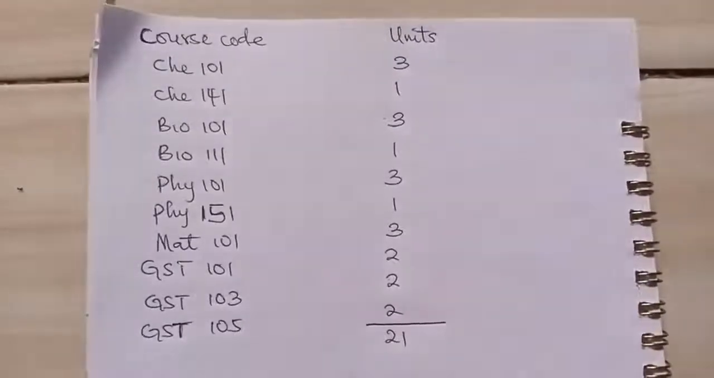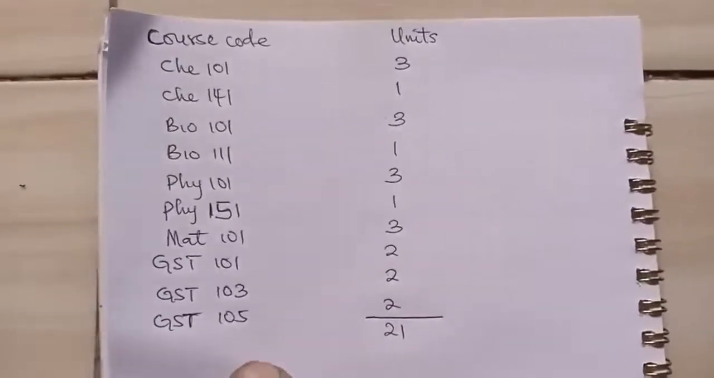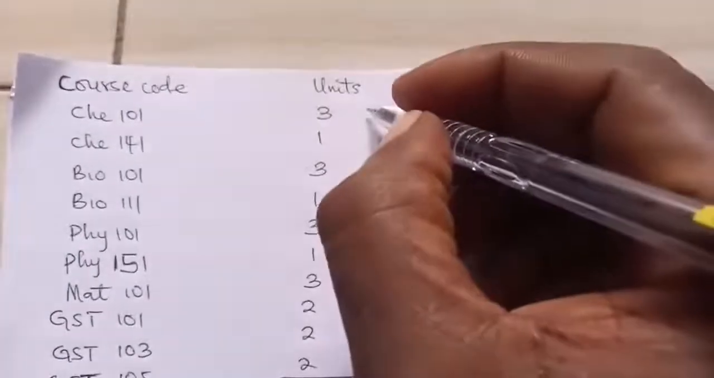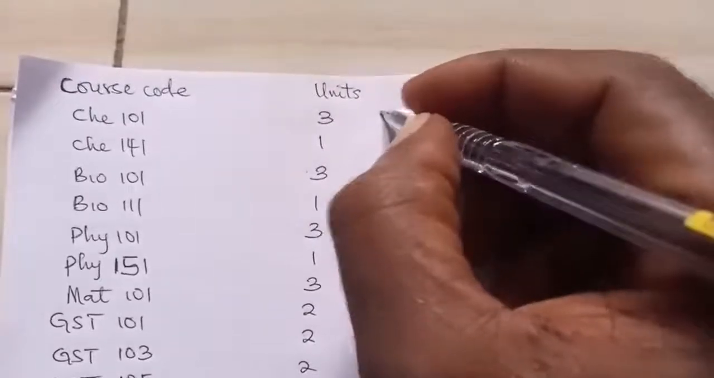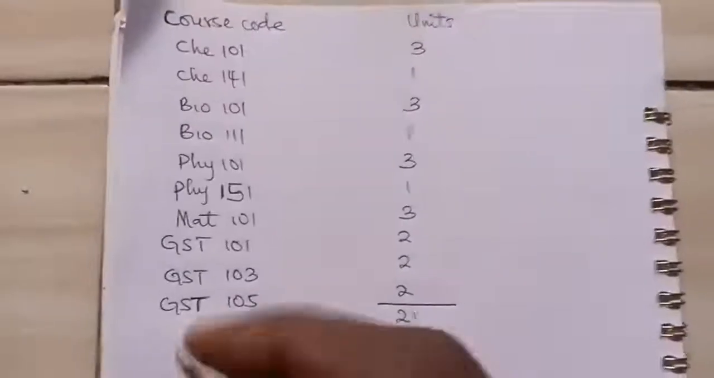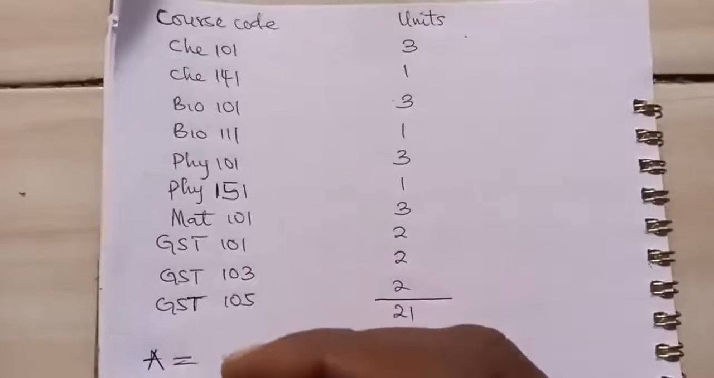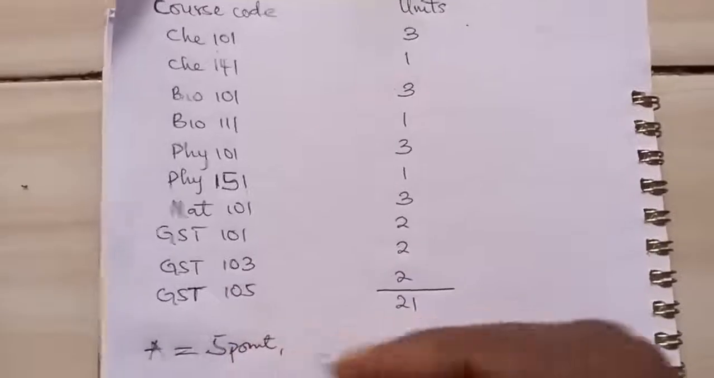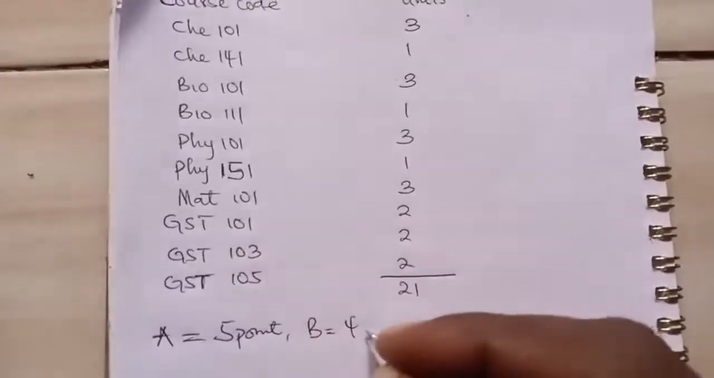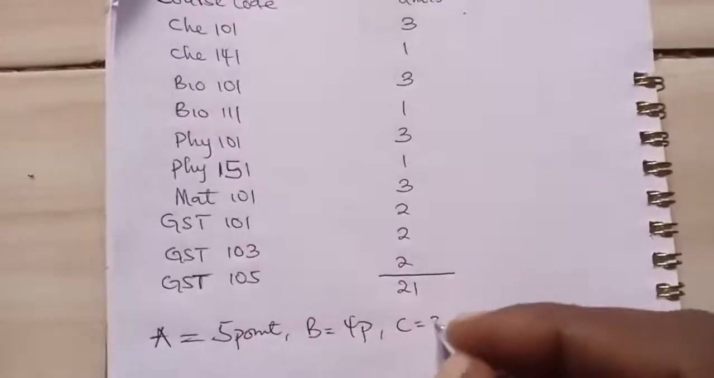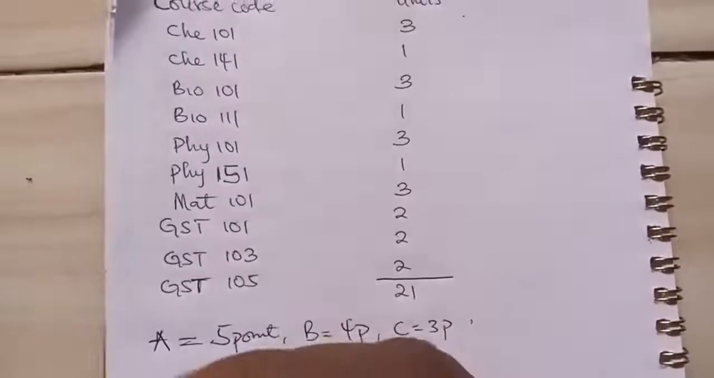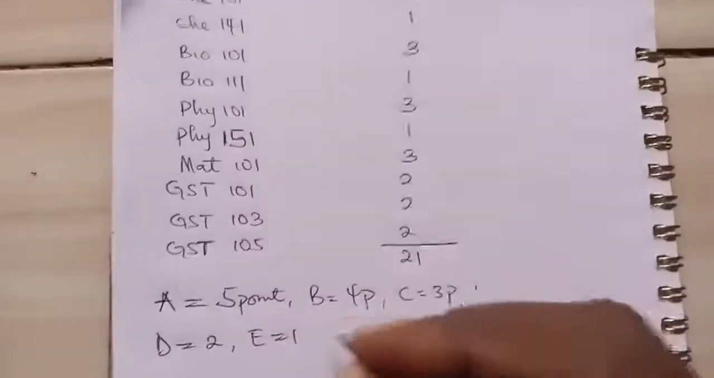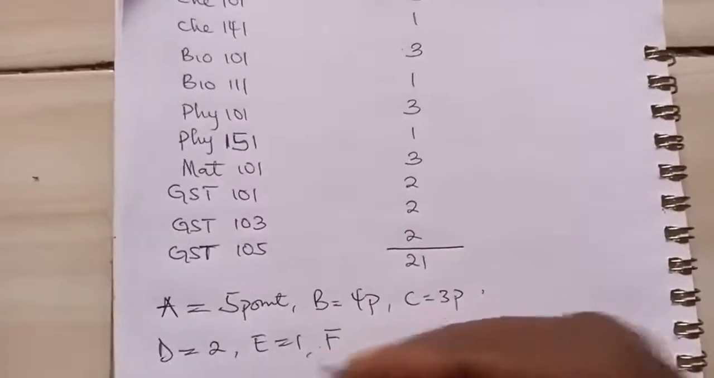So let's move straight on. Let's say a student, after writing an exam, got this kind of result, and let's explain the grade points. If you make an A, that A is 5 points, and B is 4 points, C is 3 points, D is 2 points, E is 1 point, and F is